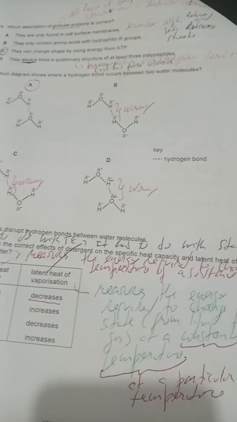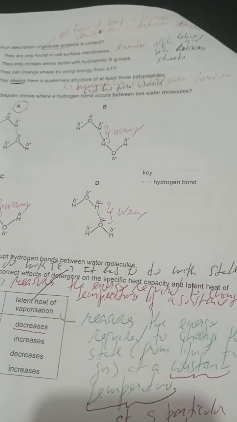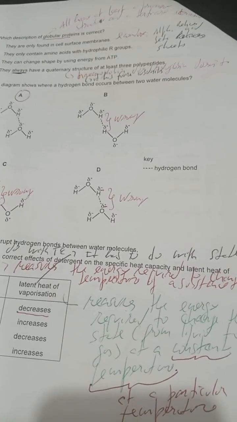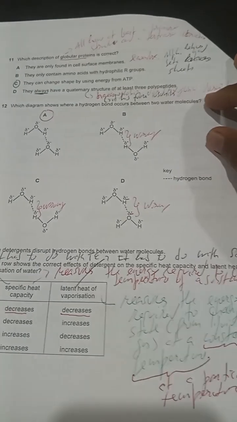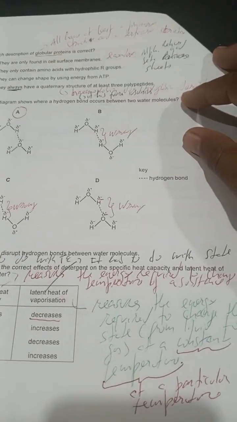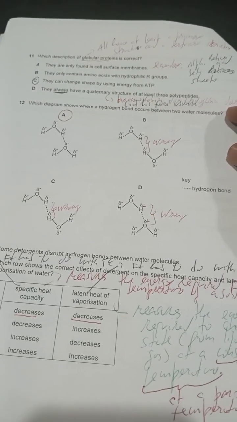All right, the amount of energy per unit of mass that is required to raise the temperature of a substance by 1 degree Celsius or even Kelvin. That's what specific heat is. All right, so specific heat has to do with change in temperature, and latent heat of vaporization